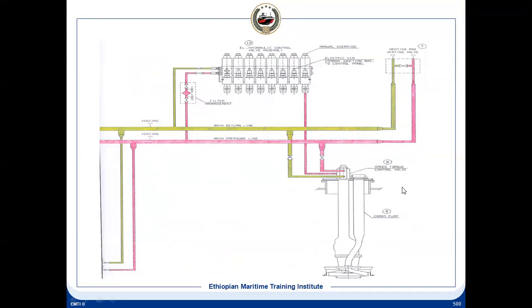That is the STC, the speed torque control valve. And this valve is operated by this solenoid valve. These are the solenoid valves. From there, the pilot valve will come and operate that valve. And that valve can also be operated manually. Locally, you can operate that valve, so that local operation is also there.